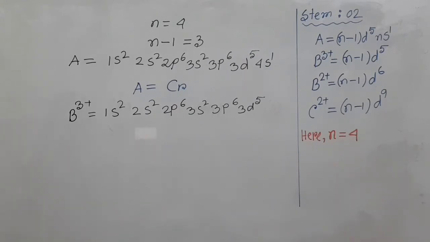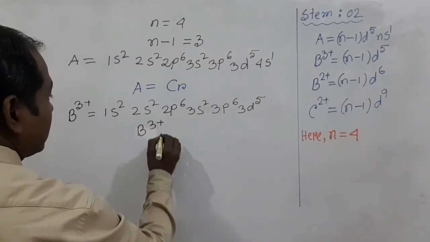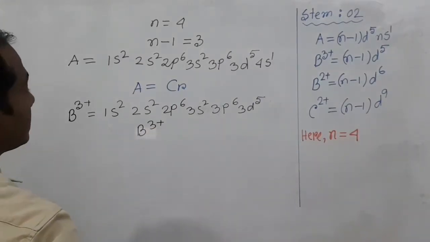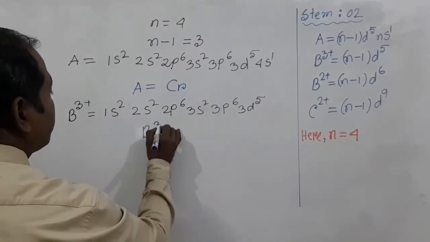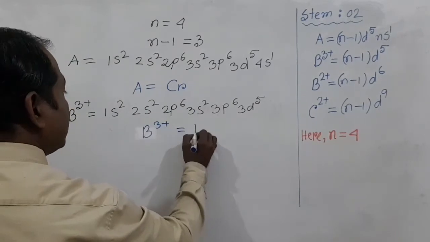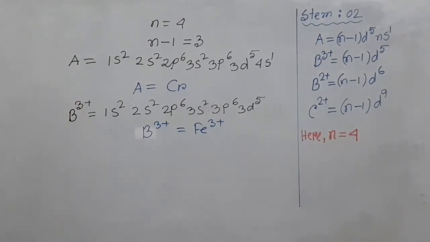So, according to this electronic configuration, we can say that B3+ represents Fe3+,